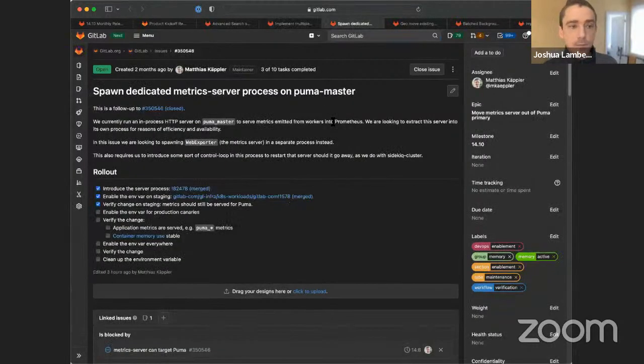From there, we can move on to our memory group, who is working on moving our metrics collection process out of our main application core, if you will. So right now, for example, with Puma, that's our web server, we actually do a lot of the metrics collection inside of our web server process. And so if there's any problems with that metrics collection, it can affect the overall ability to serve web pages,